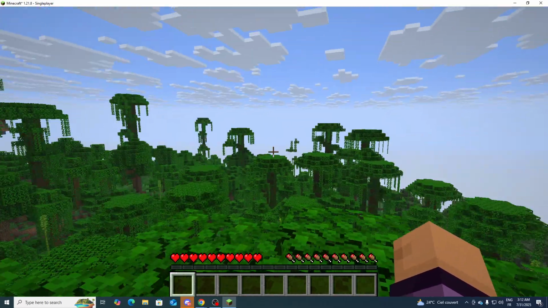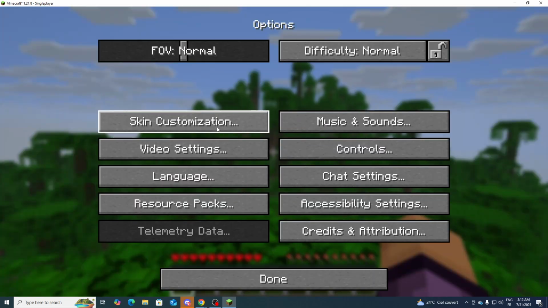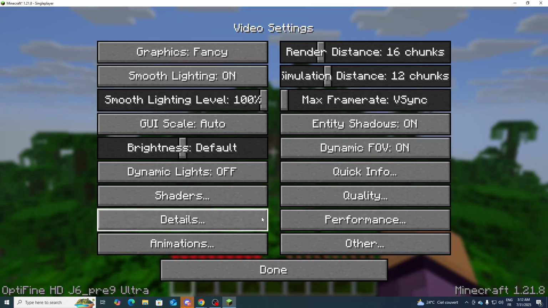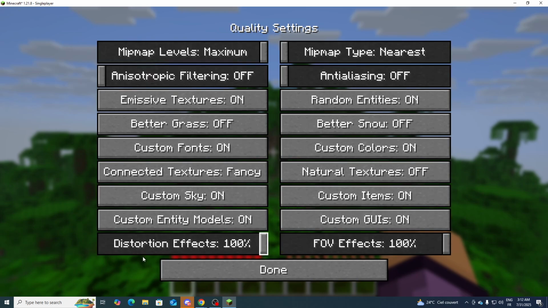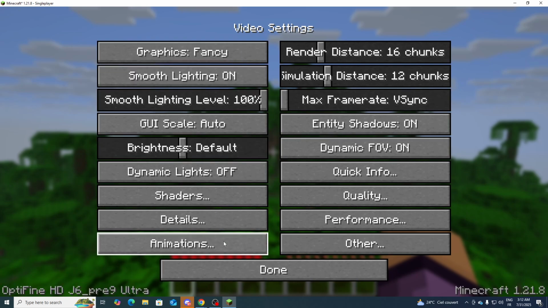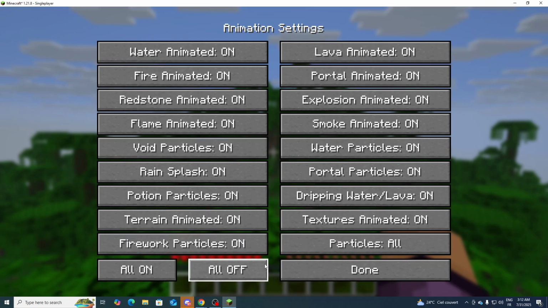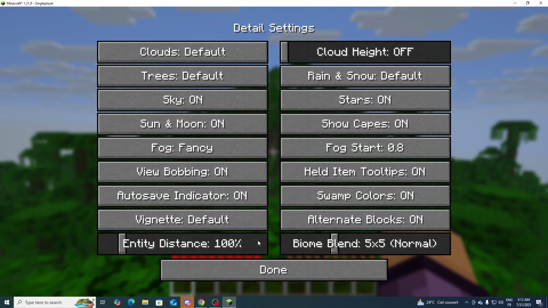In case you still have it, then simply go ahead and click on your settings, click on options, video settings, and here you will find that OptiFine is installed. So you can go here to quality, and you might find some stuff that you can change. And normally you'll find here a lot of stuff that you can actually change and remove, but in our case we would like to remove the fog, so simply go ahead